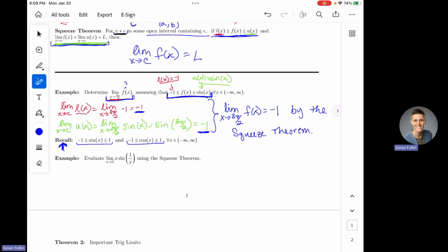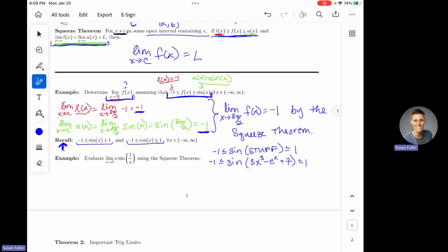Now, the cool thing about this is that the sine function is always stuck between -1 and 1, even if you have a lot of stuff in between there. So, for instance, I'm going to write it this way. If you have the sine of some stuff, it is still going to be stuck between -1 and 1. What I mean by that is, what if I had the sine of 3x to the third minus e to the x plus 7? That's a lot of scary stuff inside a sine function. But it doesn't matter what that stuff inside a sine function is. The sine of all of that stuff is still stuck between -1 and 1.